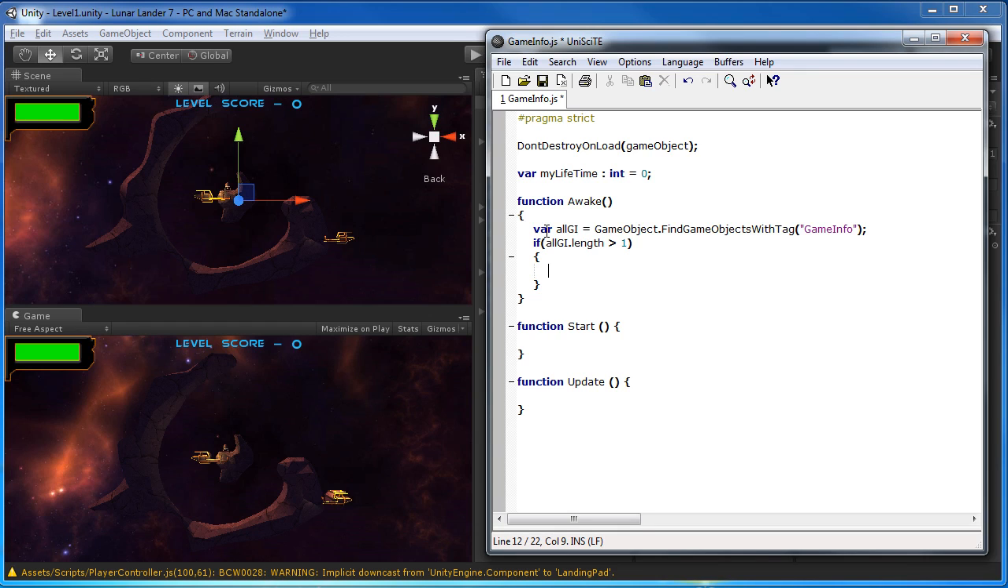So now we're going to look through each and every one of these game objects and check which is the oldest one, basically, and that's the one we want to keep. Every other one we're going to destroy. So for the game object in all game infos, sorry,